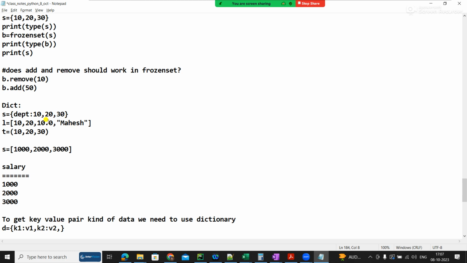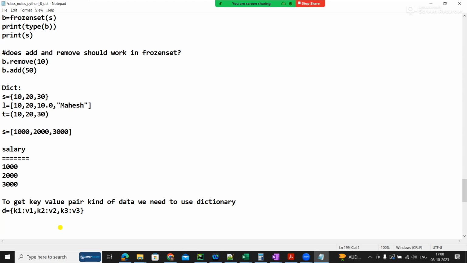So let me show here. This is the syntax: K3 V3, like key and value. The key can be an integer or string, whatever it is, based on your scenario. Now for example, this is an empty dictionary, and a dictionary is represented as shown above.